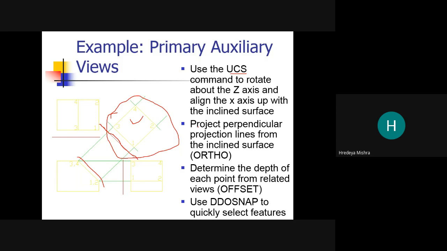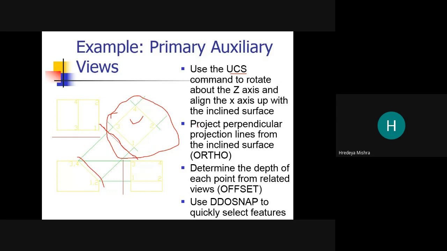Okay. Project perpendicular projection lines from the inclined surface, which is available in the orthographic, meaning front view. We can draw this from the front view. Determine the depth of each point from the related view offset line.